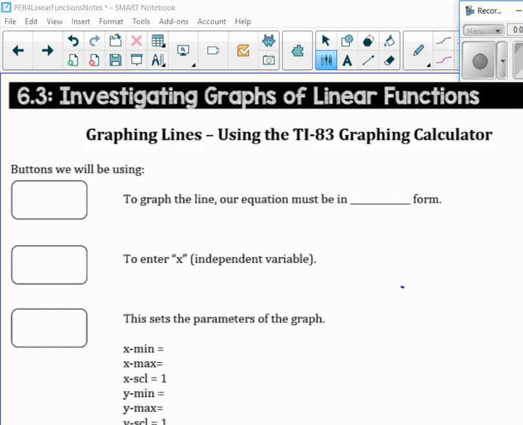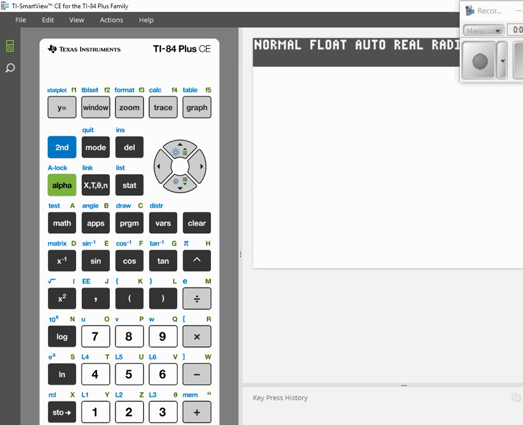We're going to be using our graphing calculator to explore what the different numbers do to our lines. So the buttons we're going to be using, first off, is the y equals. Can you locate that on your graphing calculator? Right here, y equals, right? So if you punch that in,